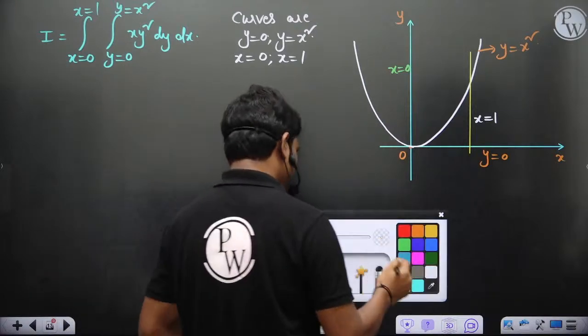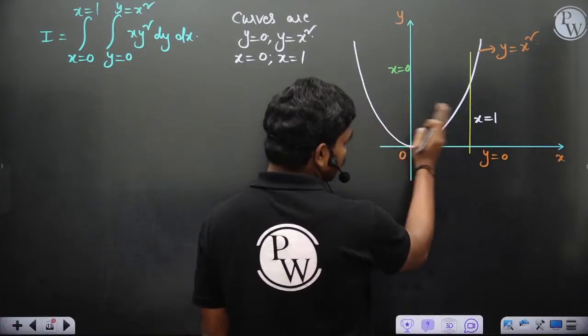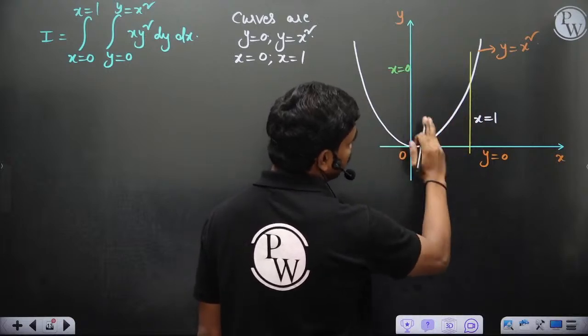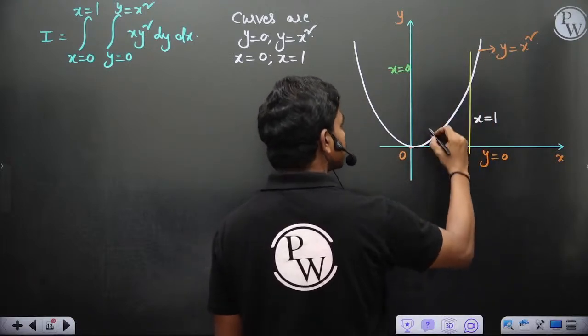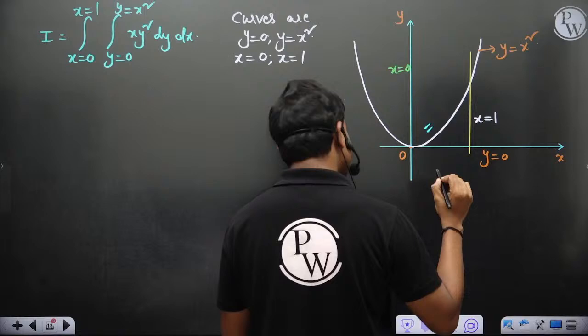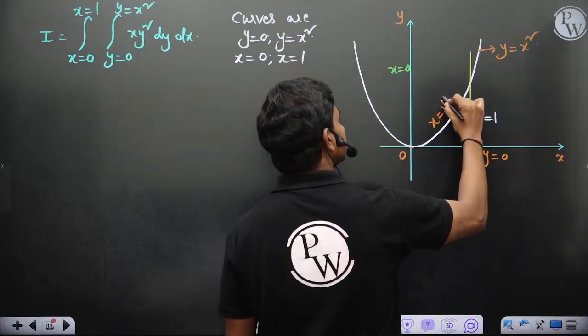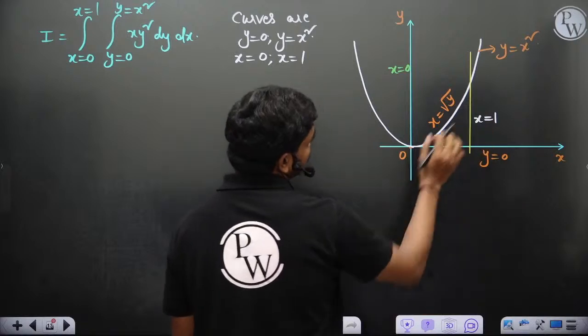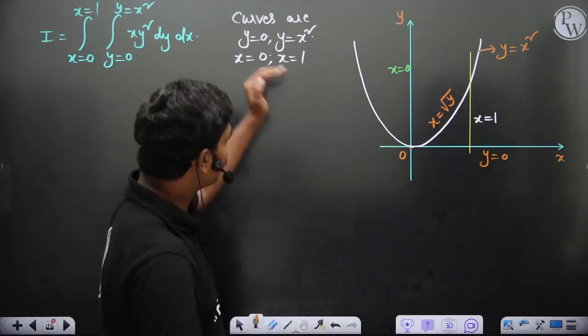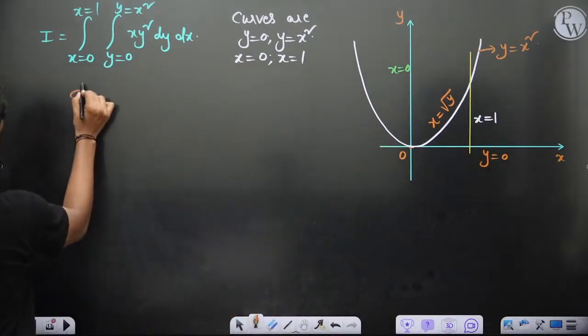So let's see. This region is bounded towards the positive quadrant, the positive values of x. If y is equal to x square, this implies x is equal to root y, correct? And this is x is equal to 1, of course. Now if you want to change the order of integration,